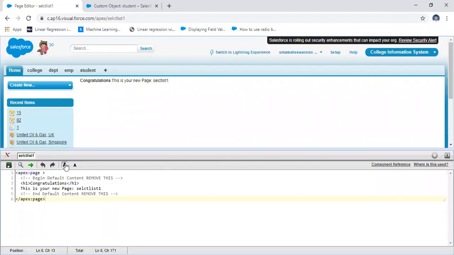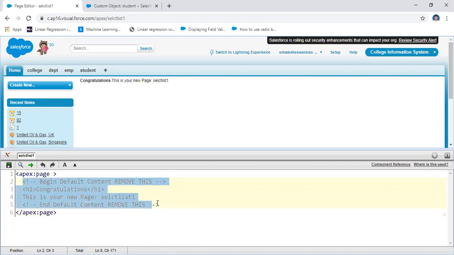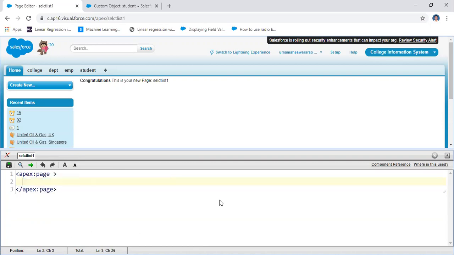I'm going to remove this one and display the select list. For example, the select list here is red, green, yellow. I'm going to create that list with apex colon select list. This particular select list consists of select options.